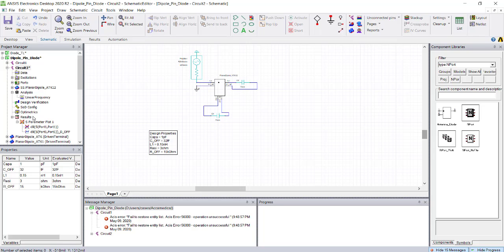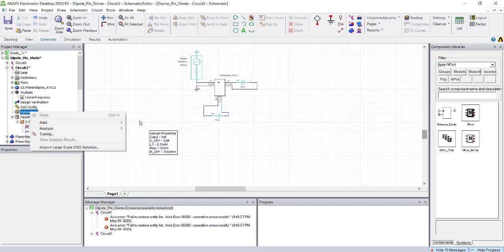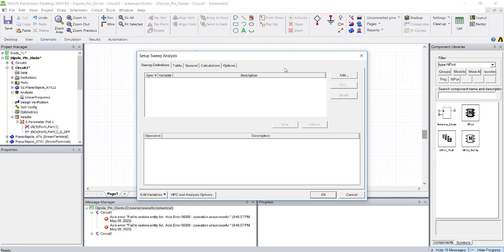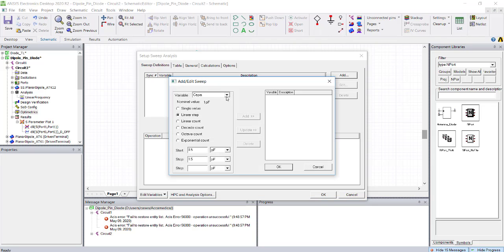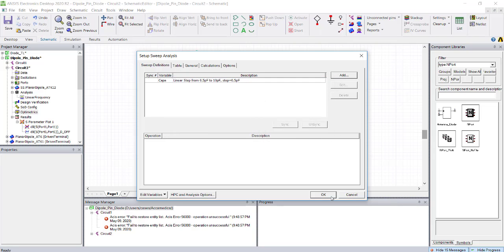I want to do a parametric simulation by changing that capacitance value. So I'll click add for that capacitance. You can put 0.5 to 10, and for every 0.5 picofarad value I want to simulate.